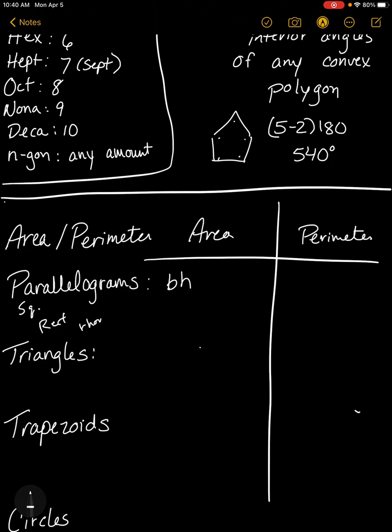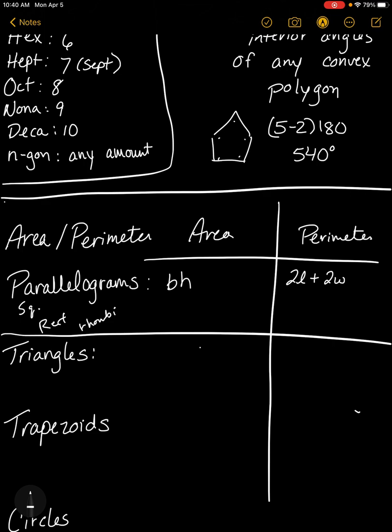rectangles, rhombi, parallelograms themselves. Any parallelogram is base times height. So like the square and the rectangle, we always say length times width, but it's just really base times height. And then perimeter is basically 2 lengths plus 2 widths, or 2 bases plus 2 heights, however you need to